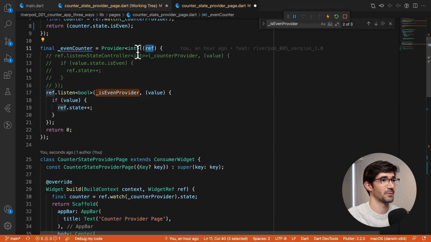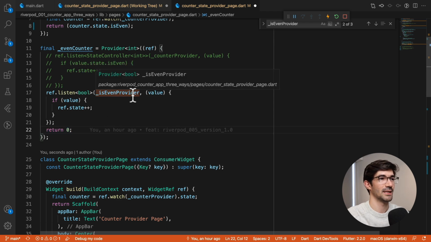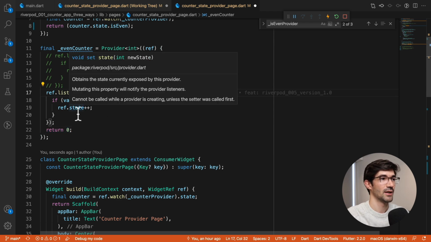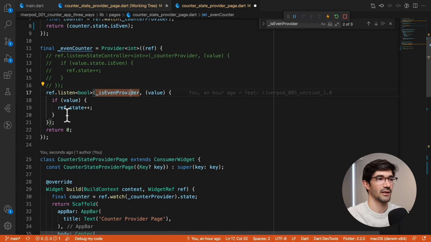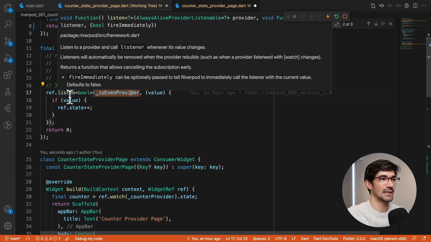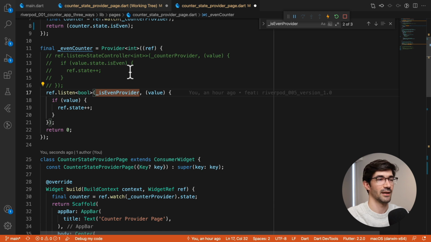So for this reference for this provider, we access the state value, and then we increment that value. By default, the initial value that we return for this provider is 0, okay? So every time isEven provider returns true, then this listener will be triggered, and then we update the state for this. The important thing to note here is that this listener